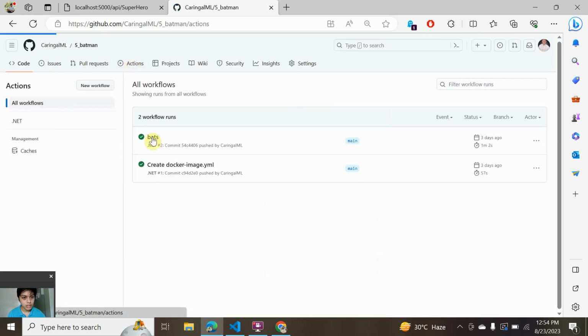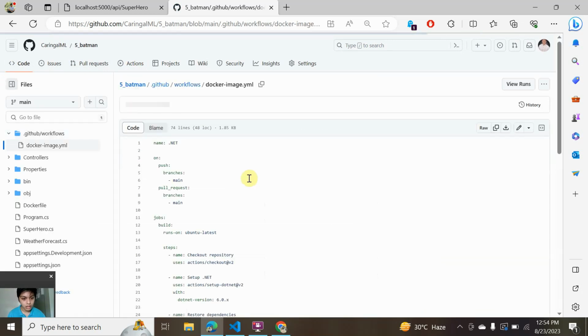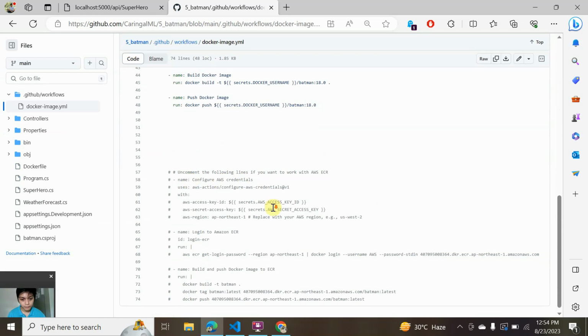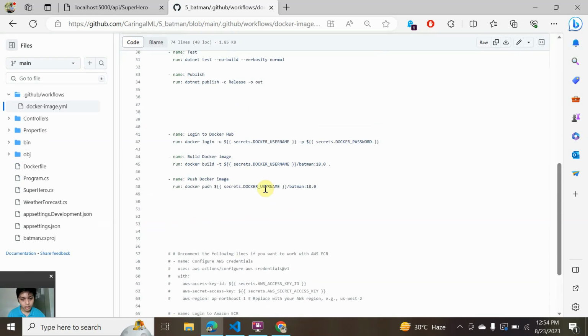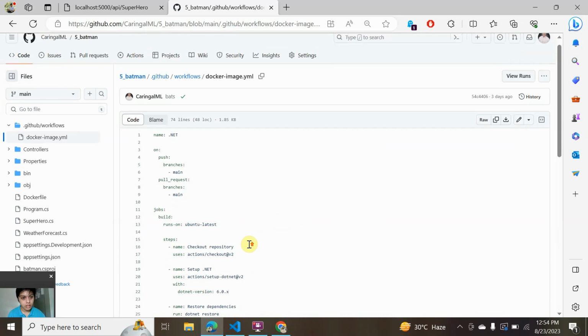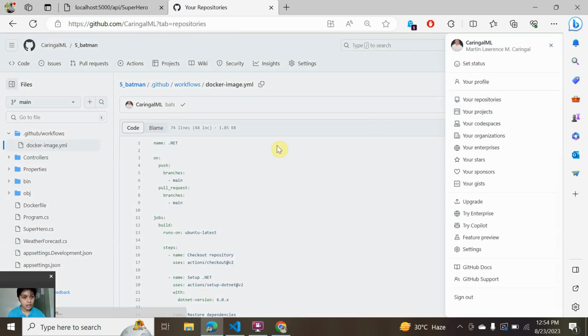We will update this action workflow. I can show you the code, the workflow file, our image. So this is the workflow. We will push our Docker image to ECR, AWS ECR. It's a workflow, same as in our front end